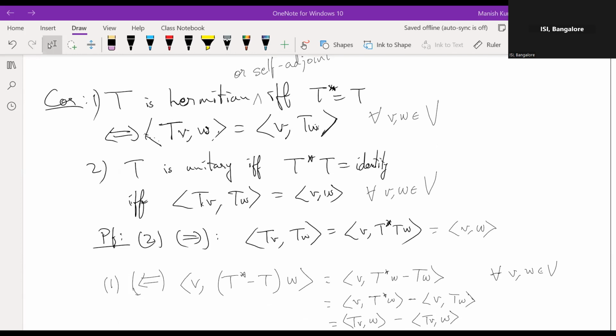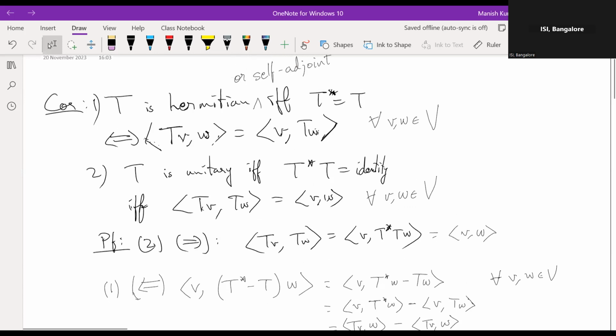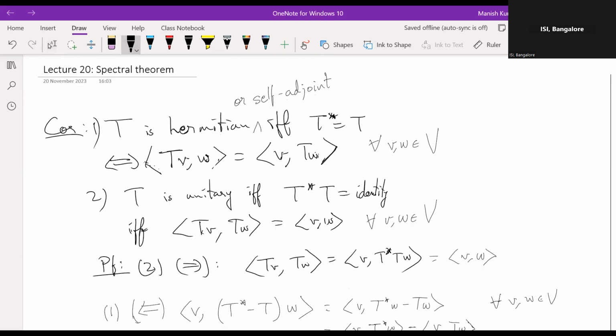The linear operator T is Hermitian if and only if TV comma W is the same as V comma TW for all V and W in V, right? And we also saw that unitary means this. I sort of stated it, and we saw the proof. The forward direction is straightforward, a tautology, because we know, recall last time we saw that in general,